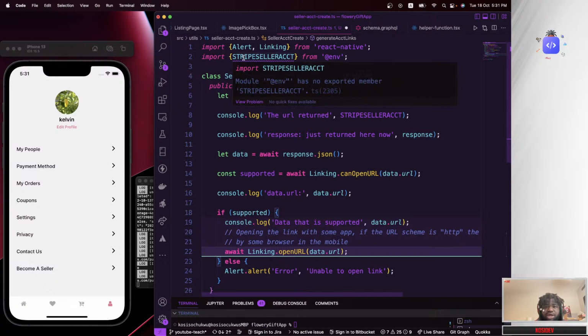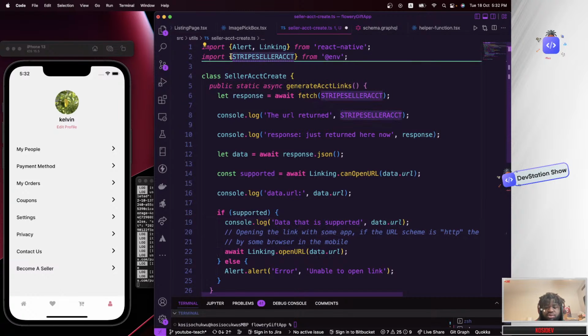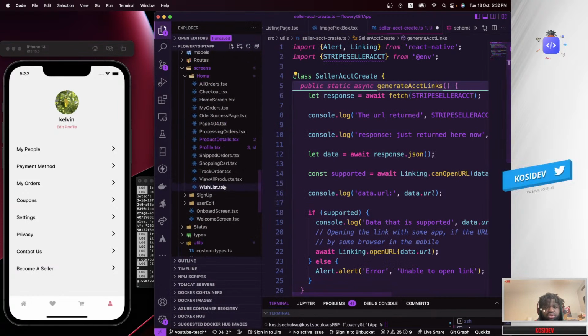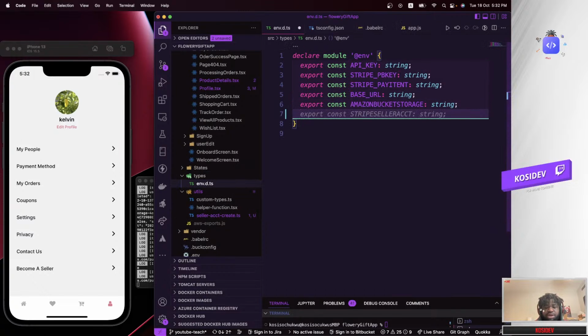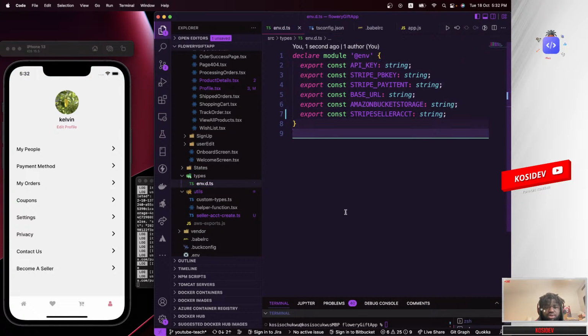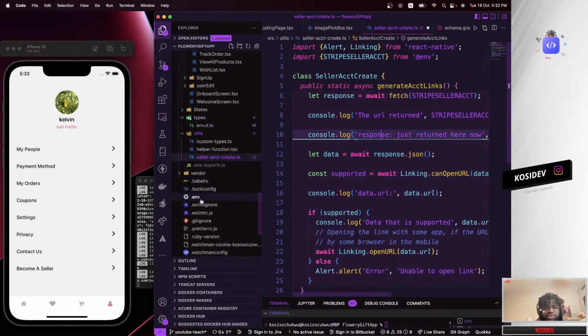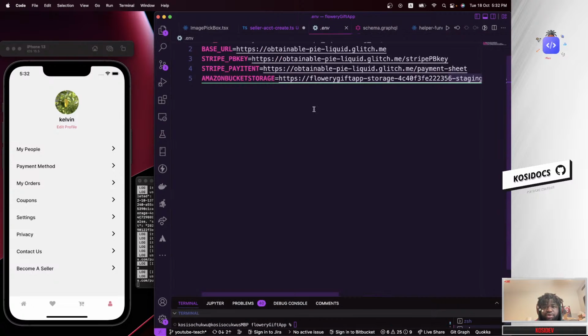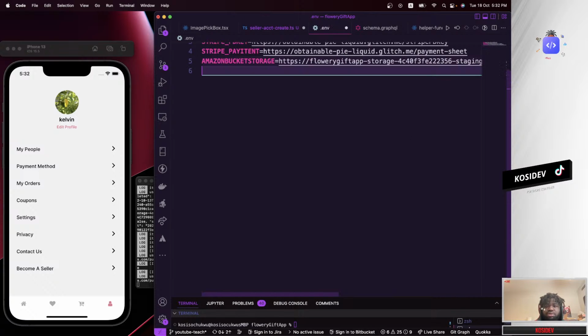And I'm going to create this Stripe seller account in our .env environment, which we don't have yet. So let's add those. Head over to the .env type. I'm going to add that particular type right here. There you go. Let's save this. Next, head over to the seller account, and you can see this is fixed at the moment. We need to head over to the environment variable itself. I'm going to add this somewhere here. I said that it is equal to